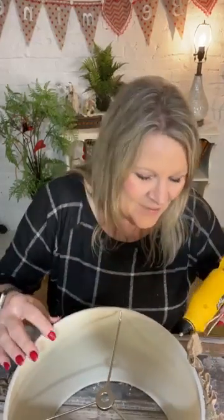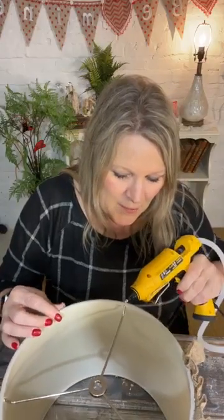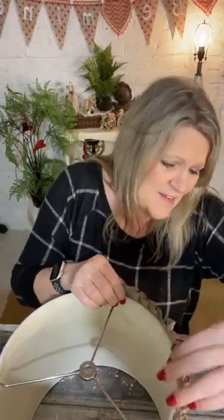Yes, the trim came from Hobby Lobby. Oh, you guys, hi Linda. I'm so glad you guys like the trim. I really like the contrast, and I know it's not the same matchy-matchy like I was trying to get last night, and I love the idea of last night's. It was so simple, and I just didn't want to do buttons and pearls and all of the things, but